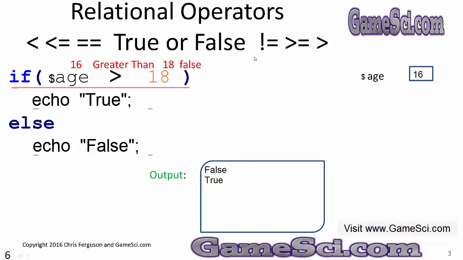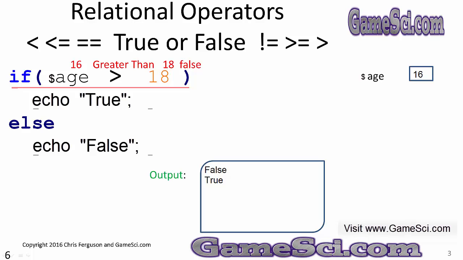Let's do the greater than operator now. Let's replace the value age. Now, one of the reasons I'm showing you different values in the variables is I want you to understand that every time this code executes, it could take a different path. It all depends on what the value in age is and what the relational operator is. I need you to understand that this is what makes a computer programmable. It makes it programmable because every time this software runs, it could select or choose a different piece of code